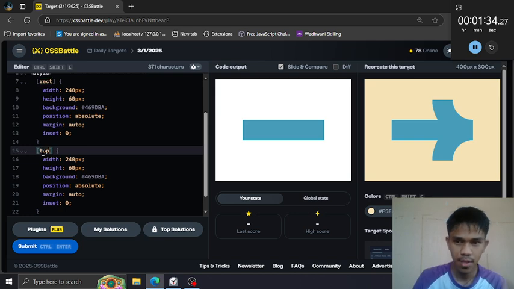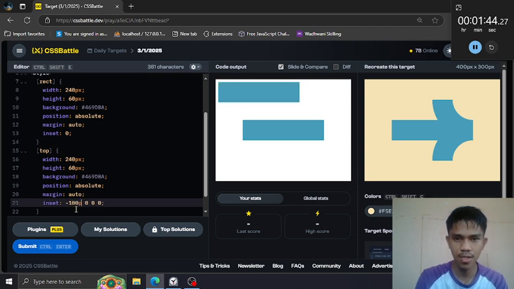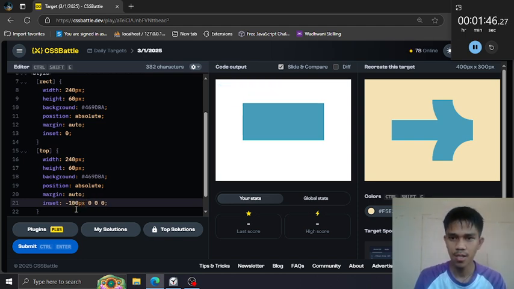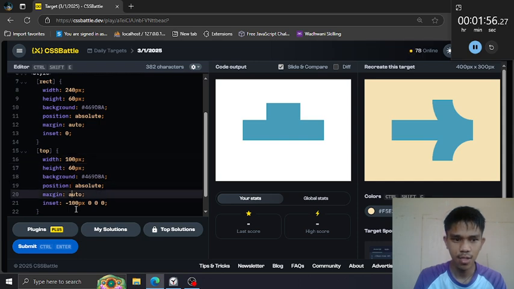Name this top and move this to the top, of course. So negative 100 pixel and reduce the width 100 and to the right.